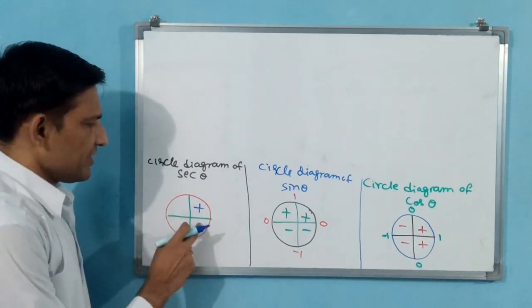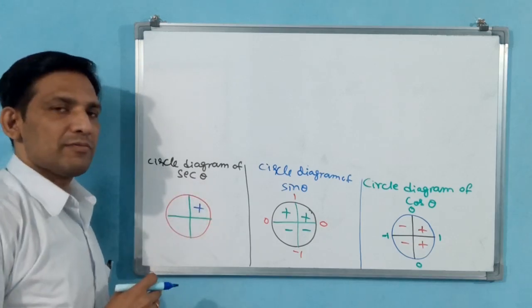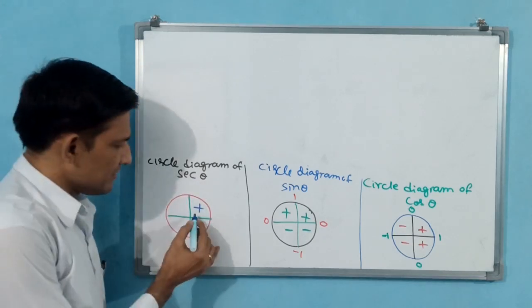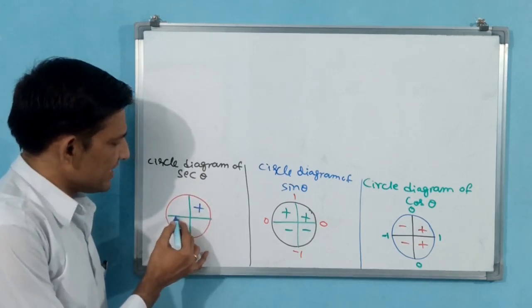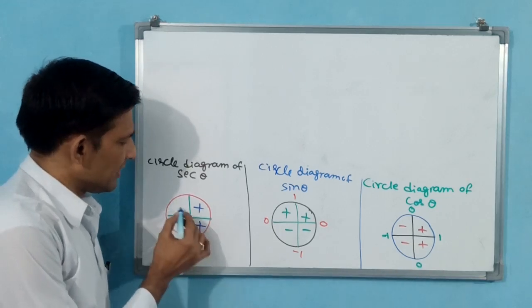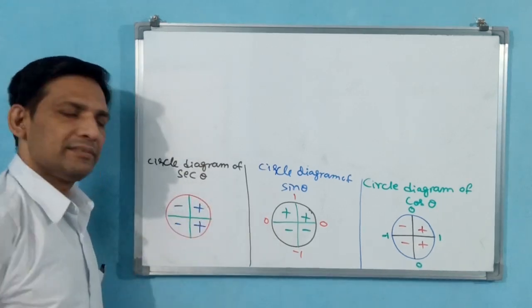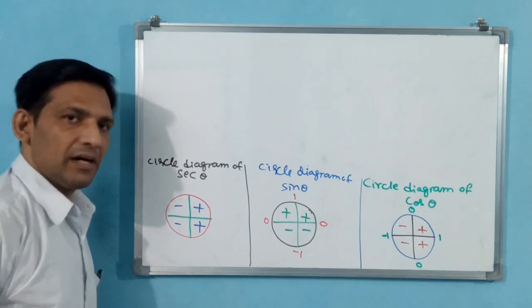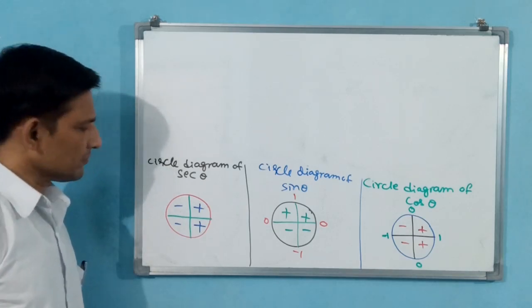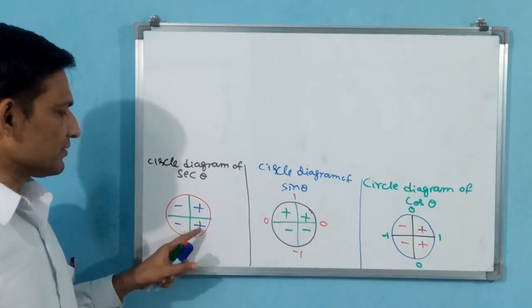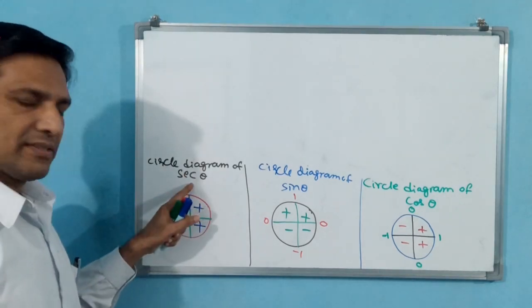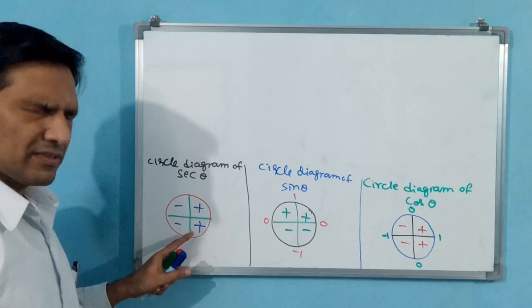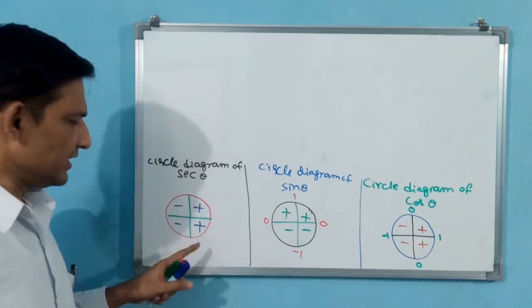All silver tea cups. You see, secant is where cos comes. Cos is where all, sine, tan, cos are positive; the remaining are negative. You understand now how this has come? Carefully observe how: all silver tea cups, C for cos. Secant is the inverse of cos, 1 by cos is secant.